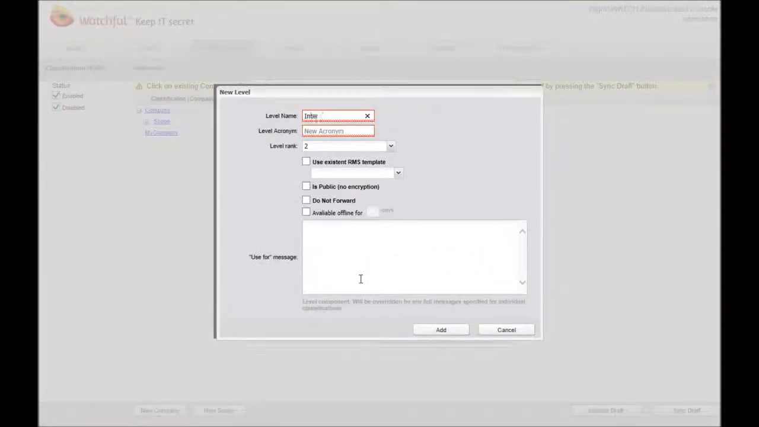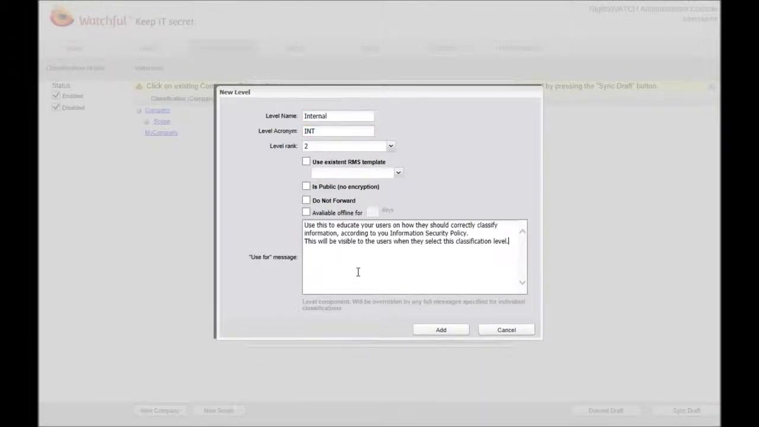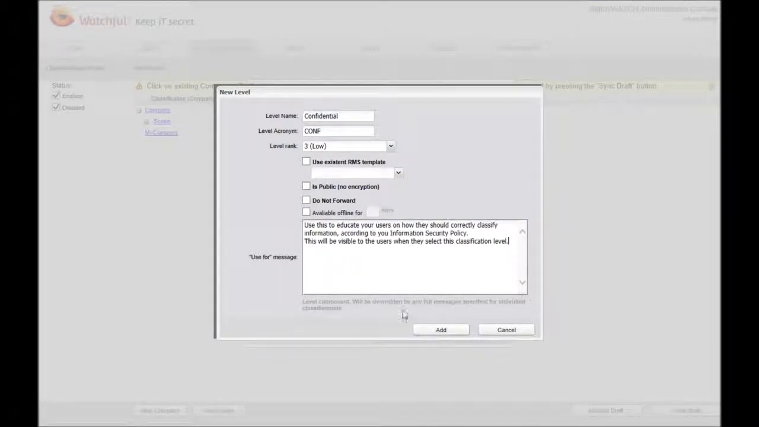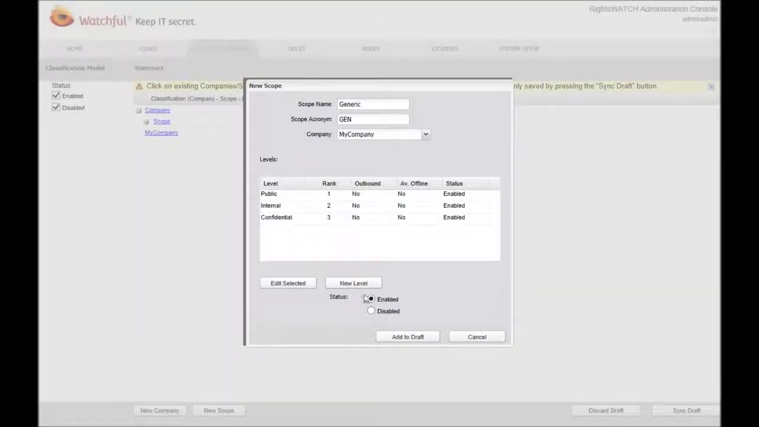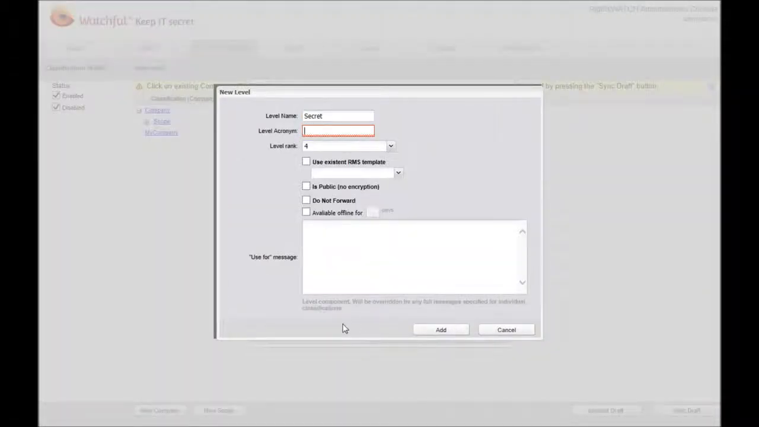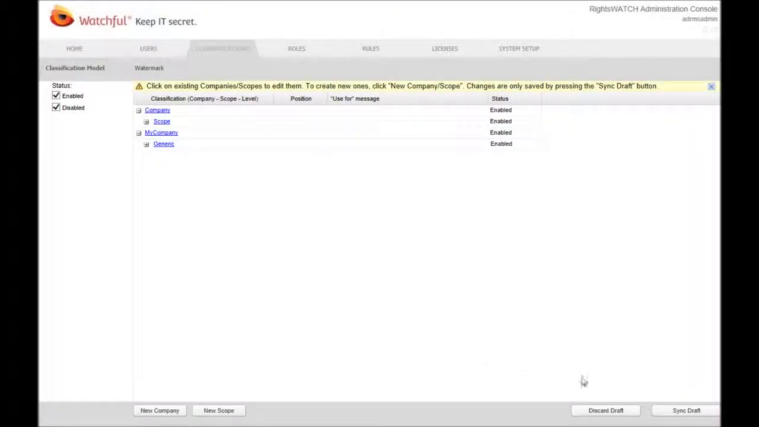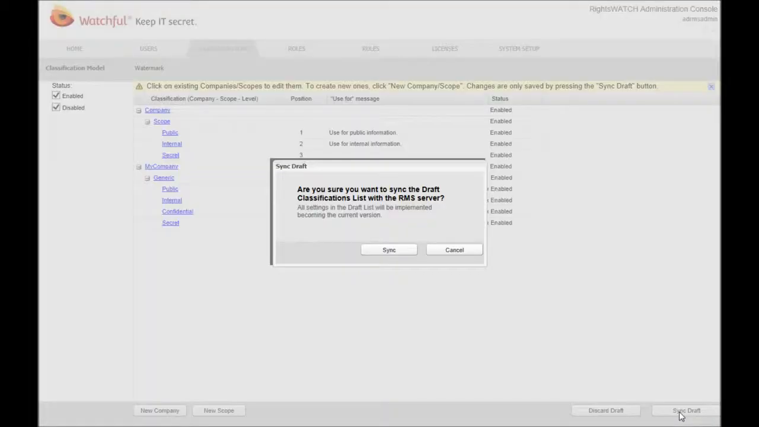Now let's add a second level. You can see that you can actually use an existing RMS template, or you can use the default RMS templates, such as Do Not Forward. You can also say that this will have an offline period available for X amount of days, and you can add the use for message, which will educate the users on what it means to apply a specific level of classification. So we have now defined 4 levels of classification inside a specific scope, inside a specific company,